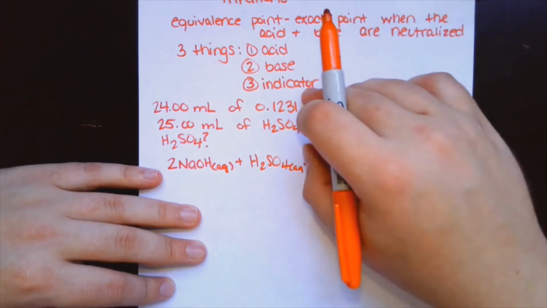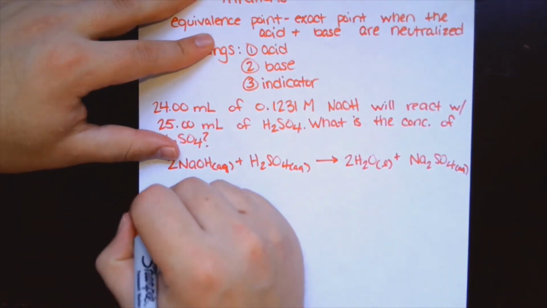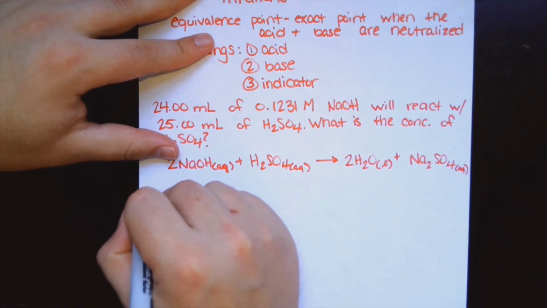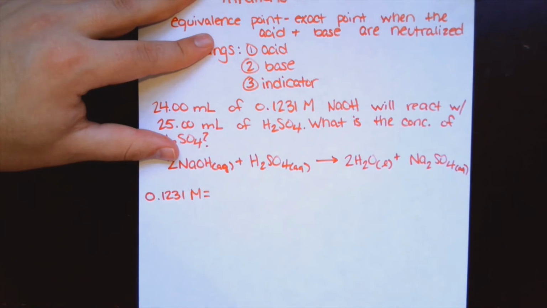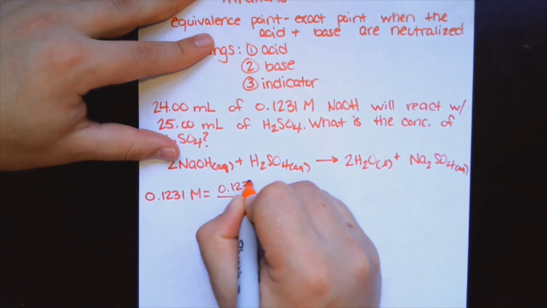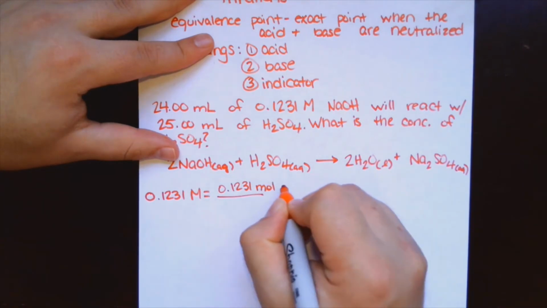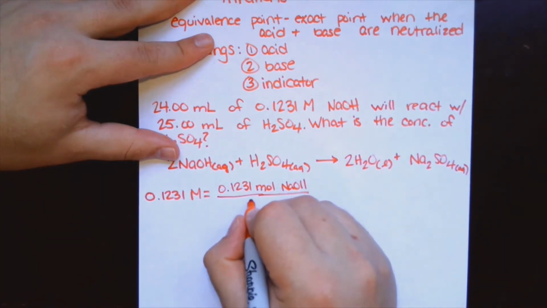So I'm actually going to rewrite it in that sense, and you'll see why. So 0.1231 molar can be rewritten as 0.1231 moles of NaOH over 1 liter